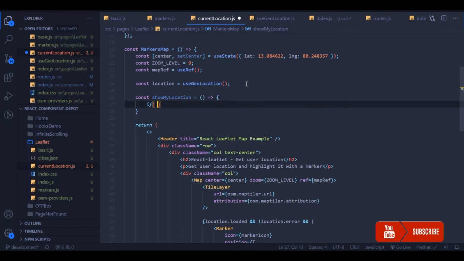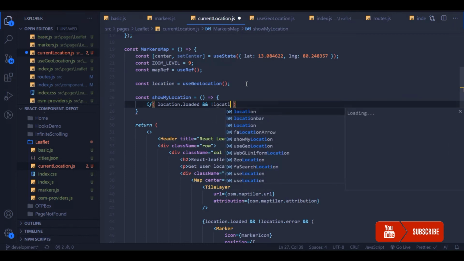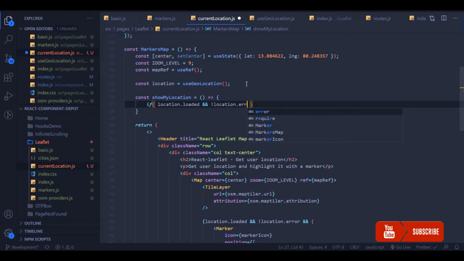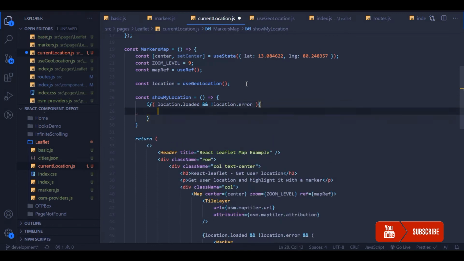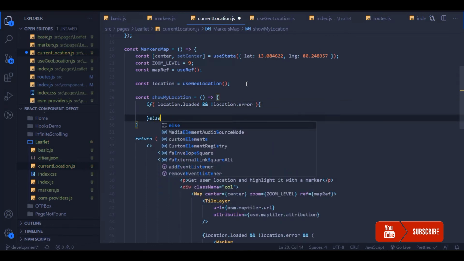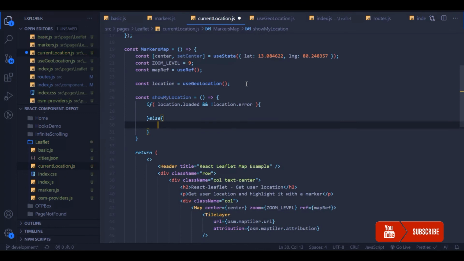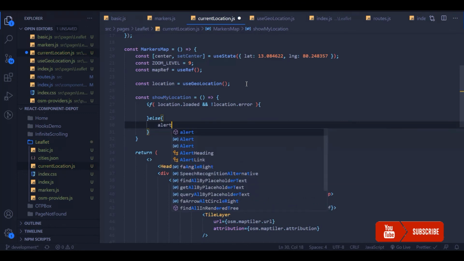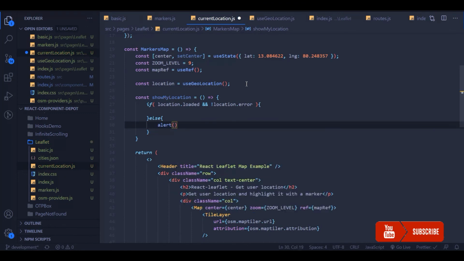Here we are going to also check if the location is loaded, and there was no error in loading the location. Else we can show whatever error is being thrown by the geolocation API.